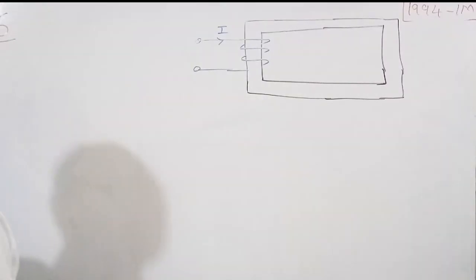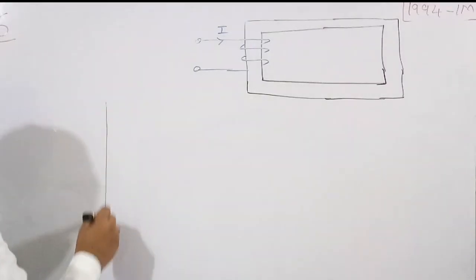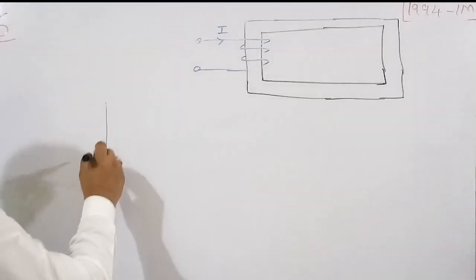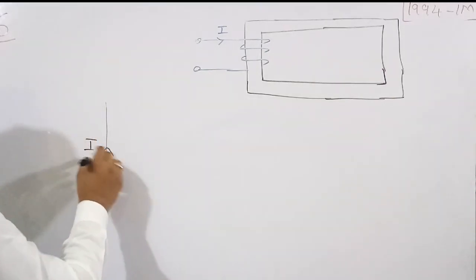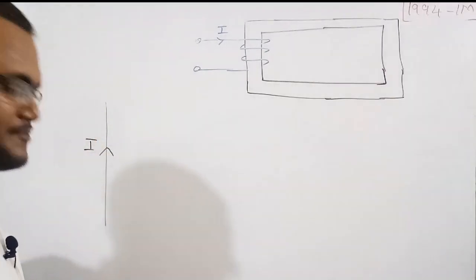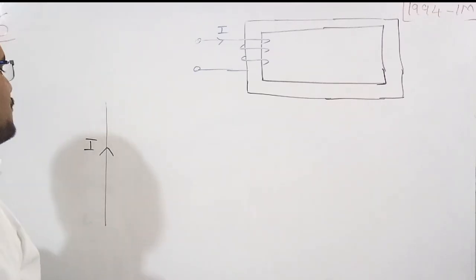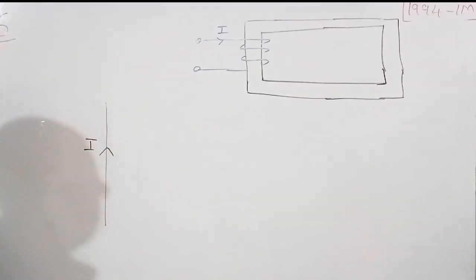See, the first thing is, suppose there is a wire. In this wire, there is a current going from down to upward direction. Then we need to figure out what will be the direction of the magnetic field around this wire. To figure this out, we need to know the right hand thumb rule. The right hand thumb rule says that